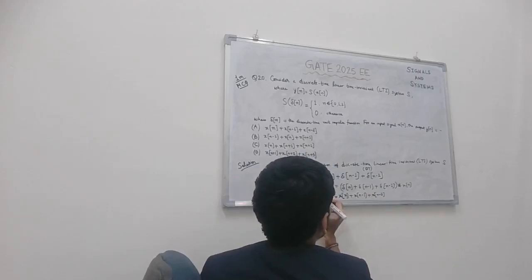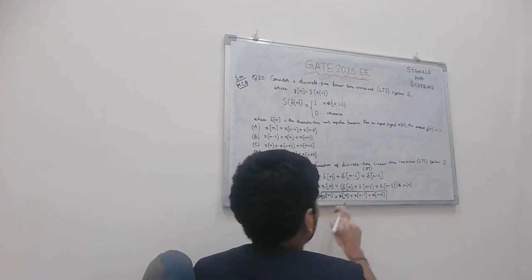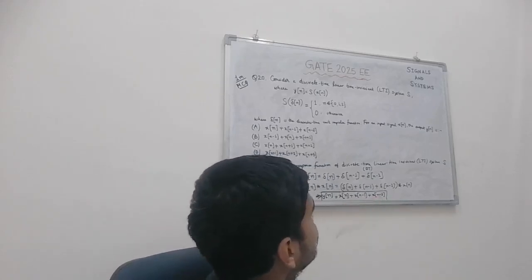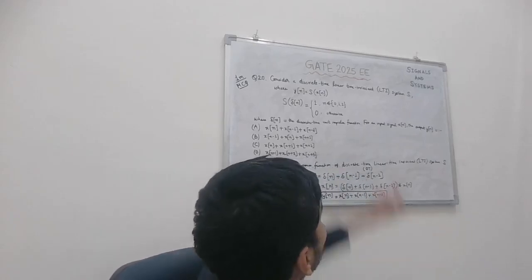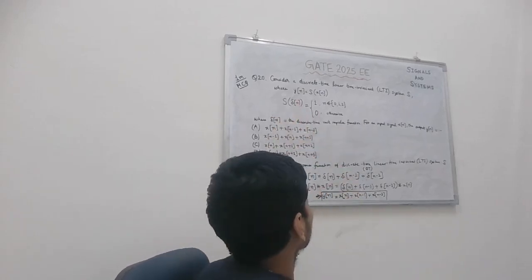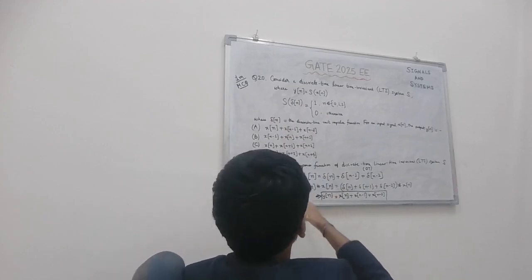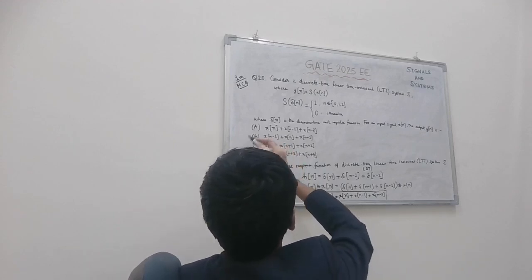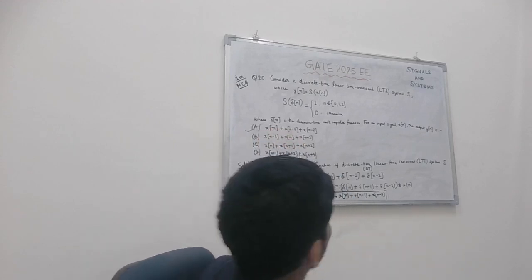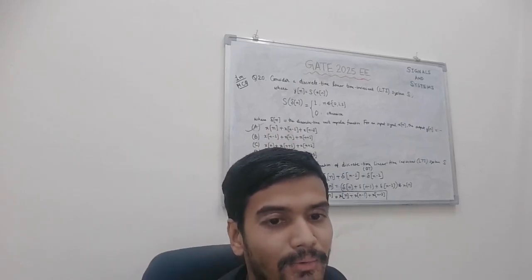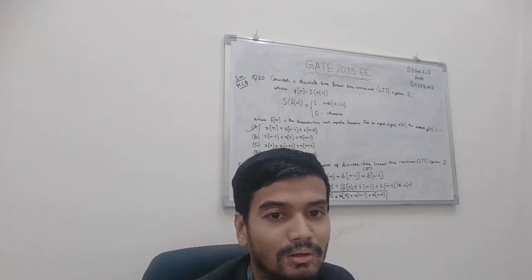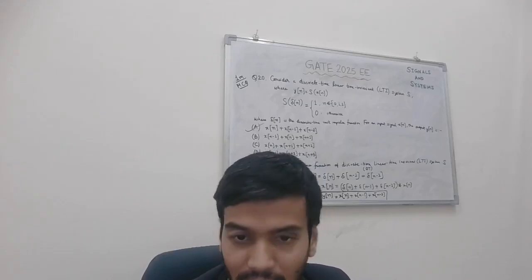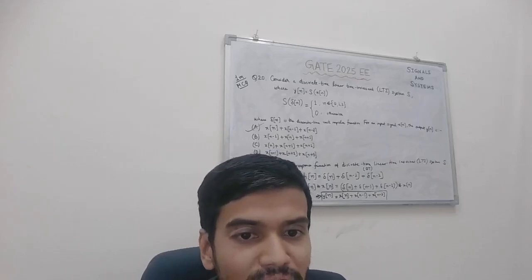So this is basically the output y[n]: x[n] plus x[n minus 1] plus x[n minus 2] for any given input signal x[n] for the discrete time linear time invariant system as per the definition given. So the correct answer for this question matches with option A, right? I explained the basic steps of approaching the question based on the discrete time linear time invariant system, using the definition of the system and the properties of the discrete time unit impulse function and discrete time convolution.